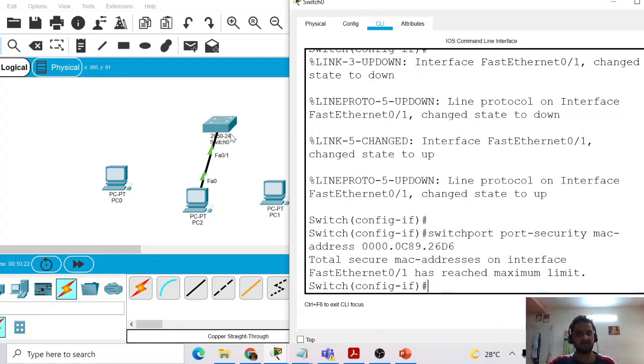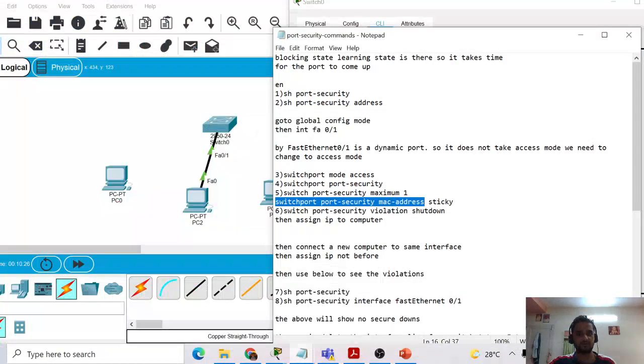So in this way the same thing will happen. We will be able to do the same steps and connect the new machine.